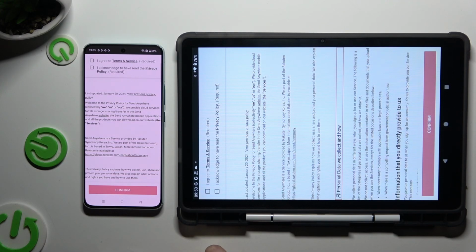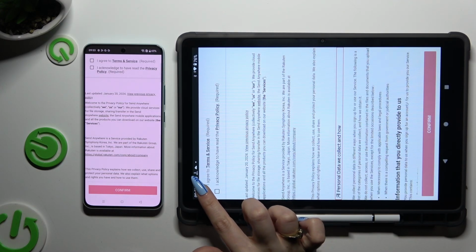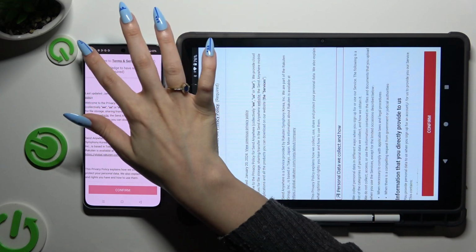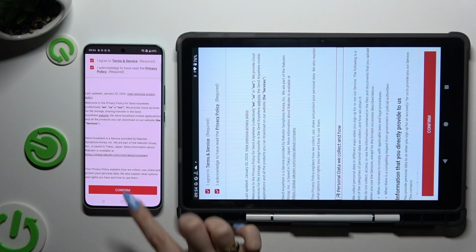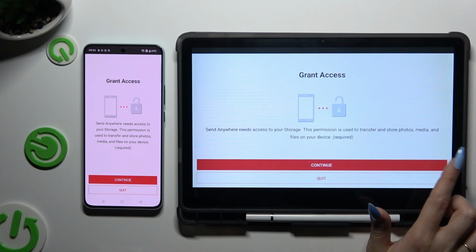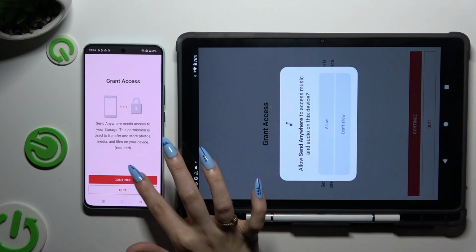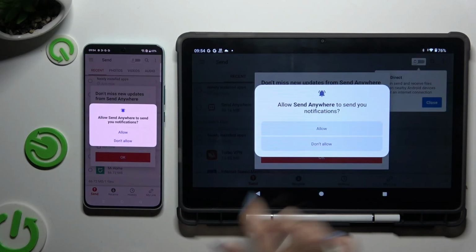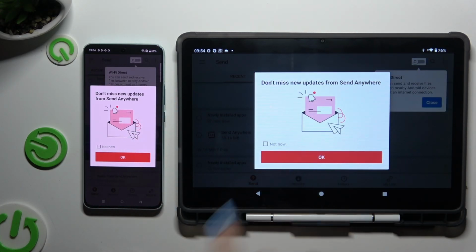Then click on the same options in both apps. Firstly, I agree and I acknowledge. Then confirm, continue, and allow. In this window though about new updates, you can tap on Not Now or close it right away by hitting